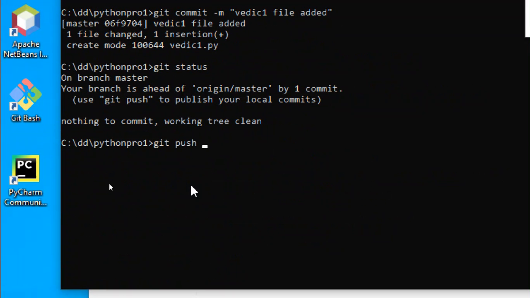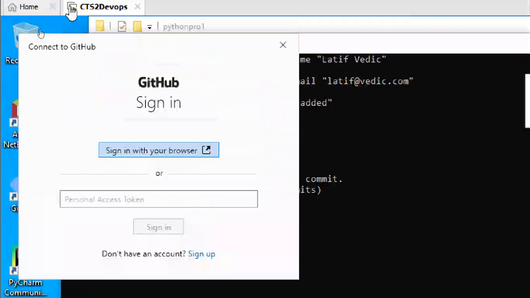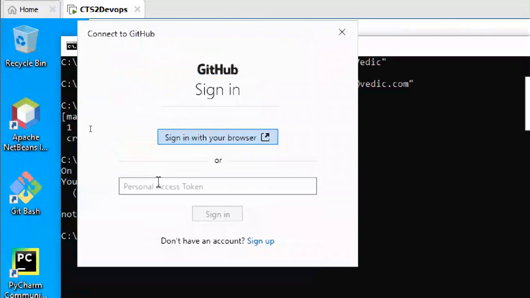You just have to put a push -u origin master. We'll see that. Git push -u is enough; you need to tell origin master only if you have branches, then you have to specify. It will ask you to sign in.